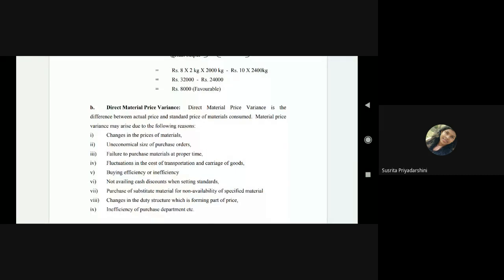तो ये वाला मैंने बता दिया, अगर small small lot में purchase करेंगे, बहुत सारा storage space बचा हुआ होगा, हम कम purchase करेंगे और उसके बाद जो cost है वो transportation cost ज्यादा हो जाएगी। Next, buying efficiency और inefficiency।